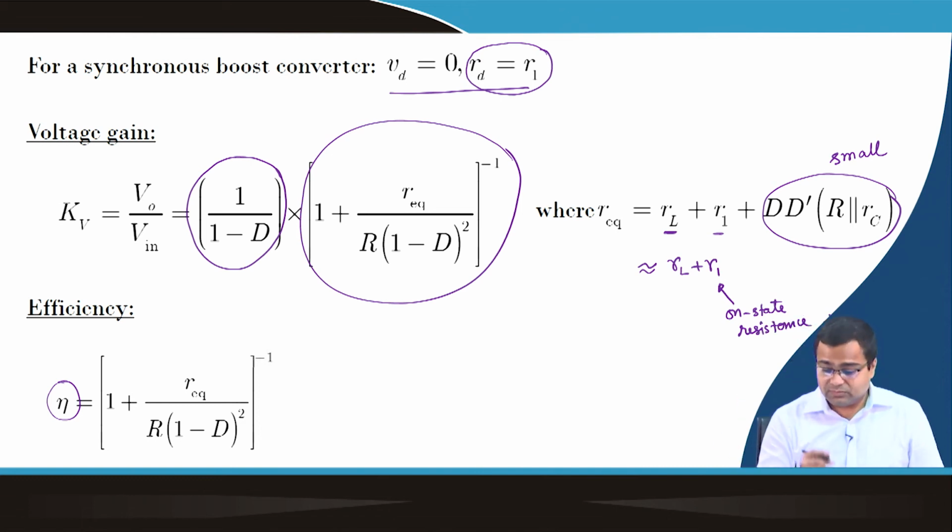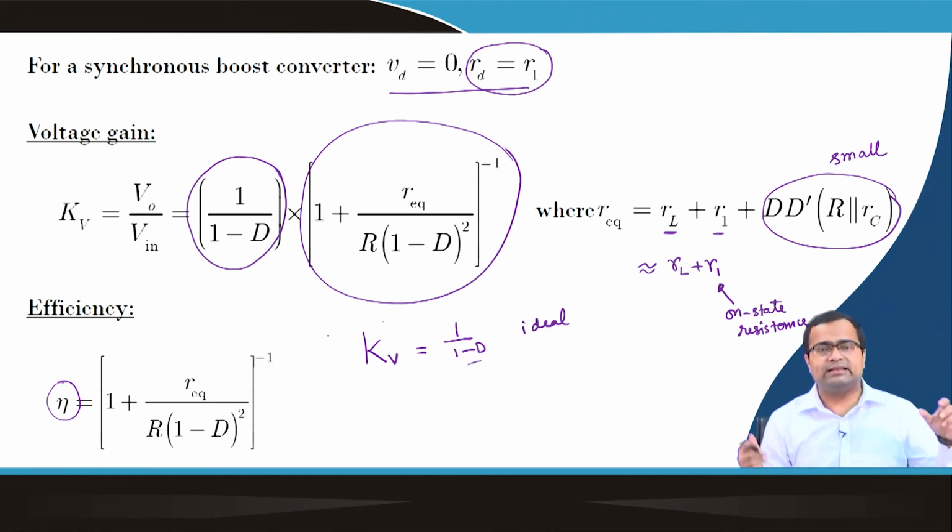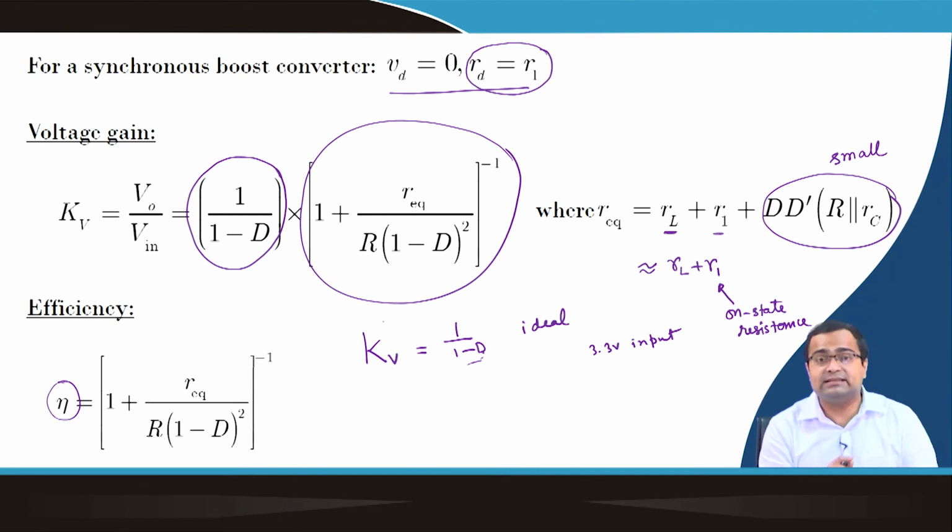Okay. Now, I want to show you an interesting point. Here, if you see the expression, the kV, for an ideal converter, we know kV is 1 minus D. This is for the ideal, which means if I increase the duty ratio, my voltage gain will increase and I can achieve any output voltage of an ideal boost converter. If we take, let us say 3.3 volt as the input, then I can achieve even 300 volt in an ideal boost converter by suitably setting the duty ratio, but practically it is never possible.